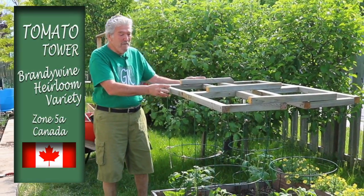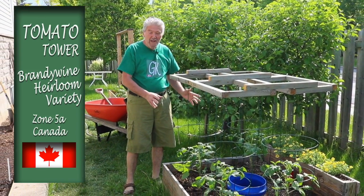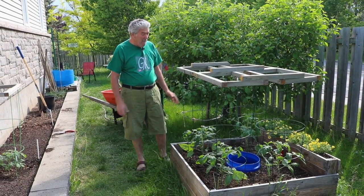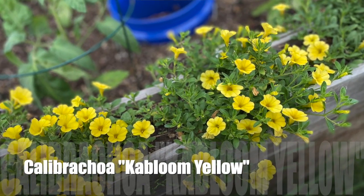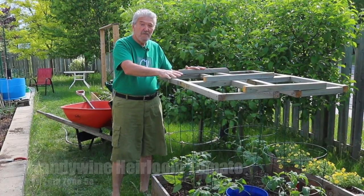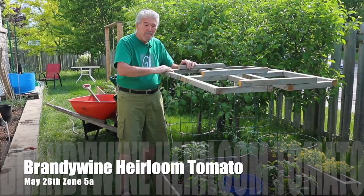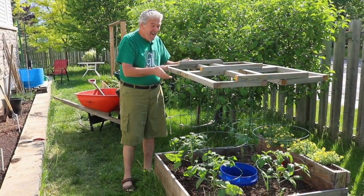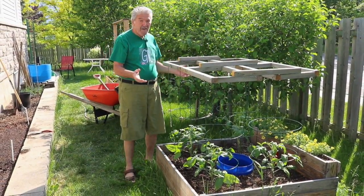Today we're going to look at a Brandywine tower. Beautiful Brandywine plants that are growing in this raised garden bed with a few Calabracoa yellow flowers in the background. I expect these Brandywines to reach about 4 feet tall with this unique structure that is held together by 2x2 pressure treated wood and really secured so that when they start to grow they're not going to get blown